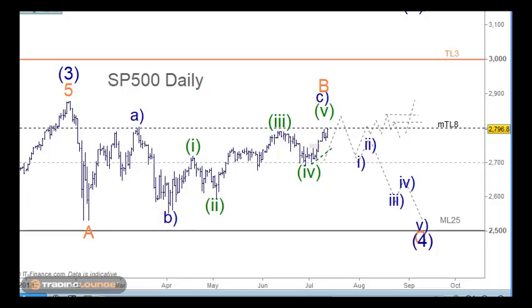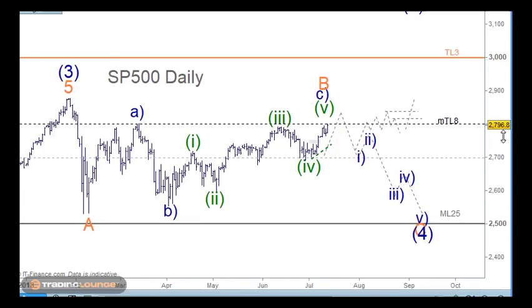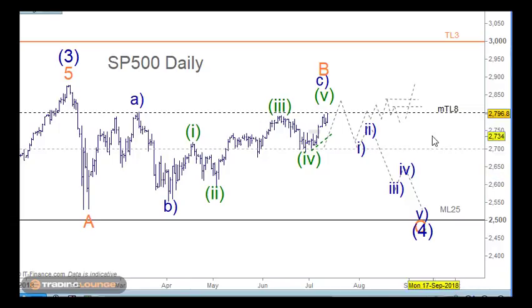Welcome to Trading Lounge and the US indices, and we'll be looking at the S&P and the NASDAQ. So the S&P here, we've got two counts, as you know, one bullish, one bearish. The bearish count, this one here, will remain in place until we get a nicely tested support on this level here, the 2,800, and that will take a little bit of time